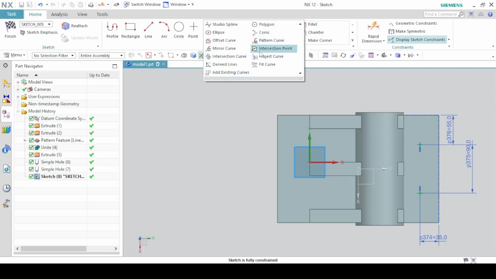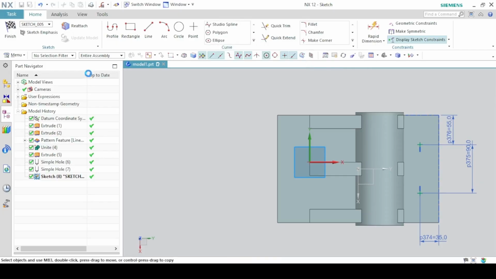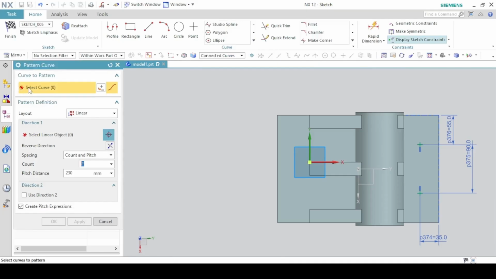So come to this pattern curve. Select curve to pattern. Click on these 2 points. The layout should be linear. Direction, you can click on any line that has the same direction as the direction you want to pattern. So just click on this horizontal line.